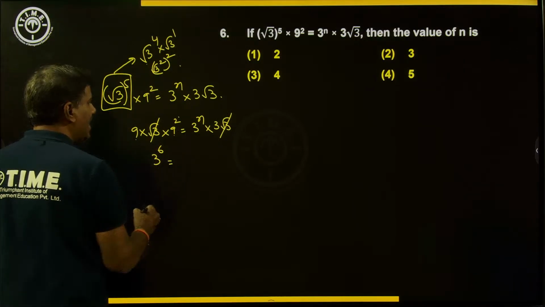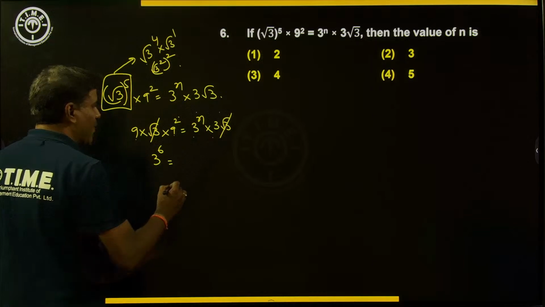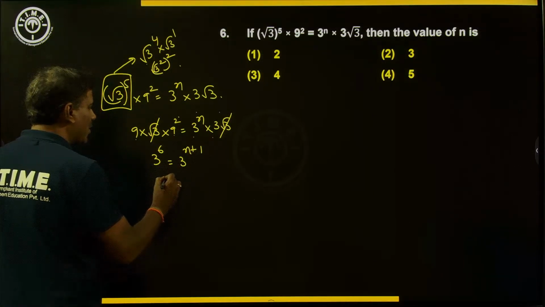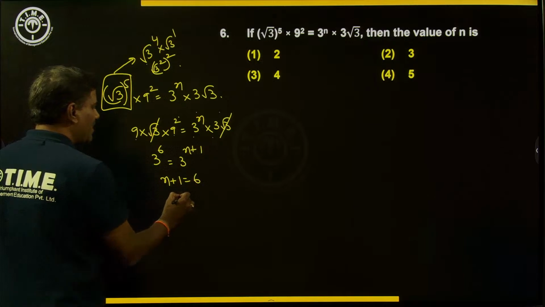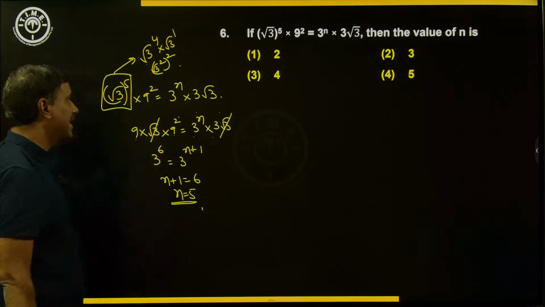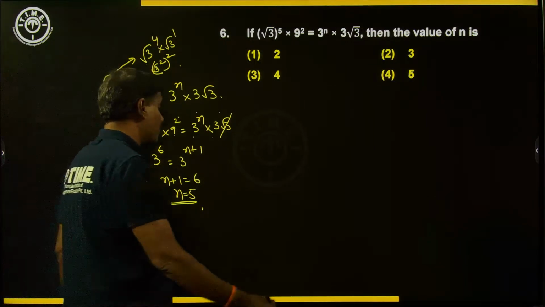What about the right hand side? a power m into a power n will be a power m plus n. So we will have 3 power n plus 1. So n plus 1 is equal to 6. So n should be equal to 5. That is how we can get the answer for this question easily. Right? So the answer for this question would be choice